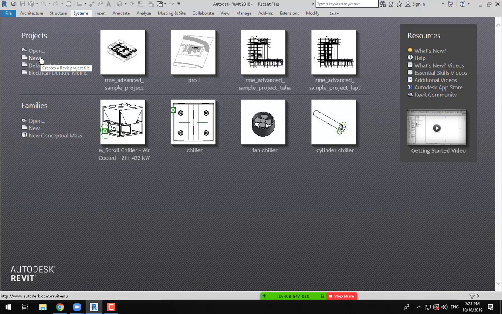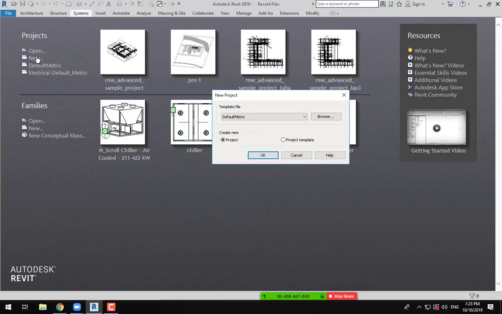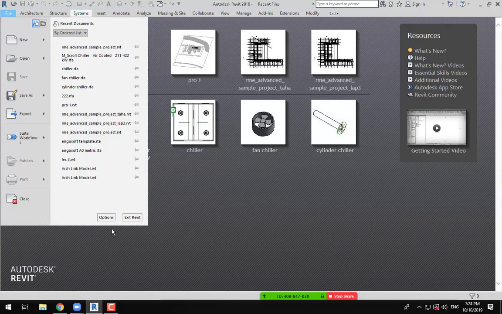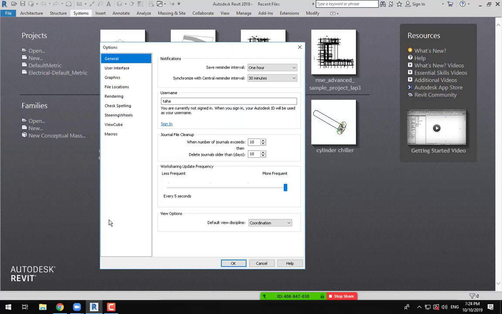And we will not open it, we will create a new project from here. We will click on new and choose here electrical default metric template, and we talked about how we can create or choose this template before. I will revise it again, how we can put the electrical default metric template here. Anyone remembers this? File, yes. Options,